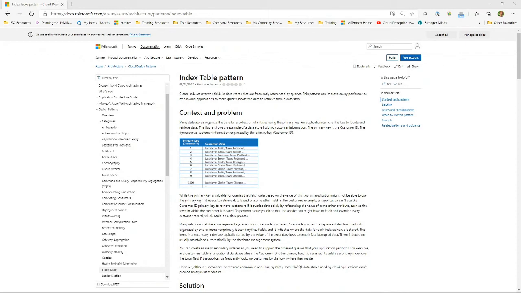Yeah, but with Cosmos DB, one of the options for the index table pattern is to duplicate the data. So storing the same data but ordered on a different, or indexed on a different attribute. Gotcha.